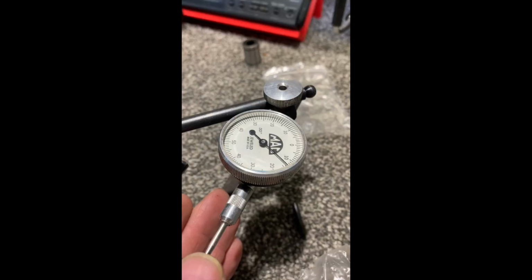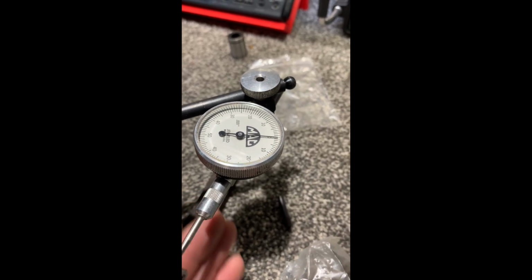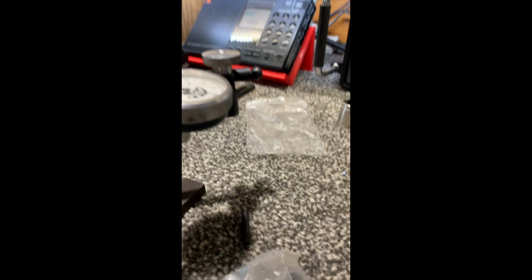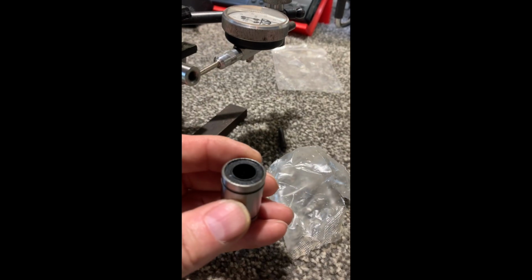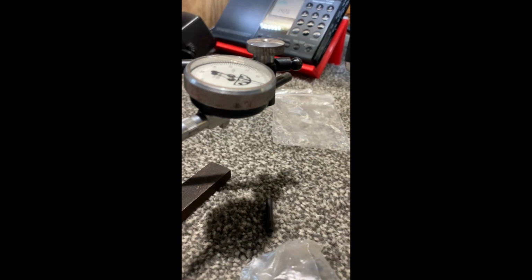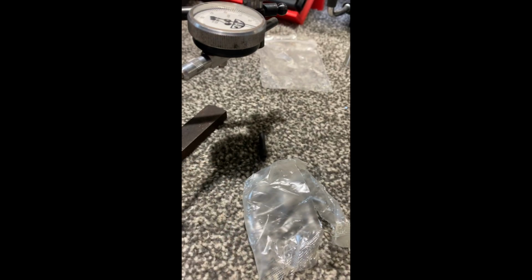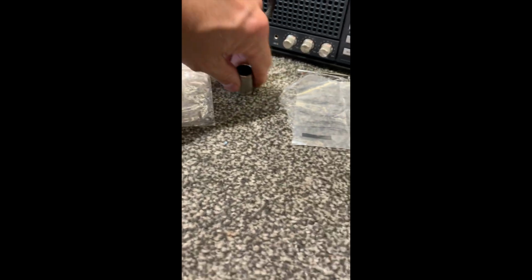I can pull it out to the end. 12 thousandths. Push it all the way in. 12 thousandths. So the new bearings are around 12 thousandths slop, and the old bearing is running anywhere from 25 to 70, depending on how we have this oriented. So I think the new bearing will help. I don't think it's going to be perfect. So whatever you think we should try, it's up to you. I can put these new bearings in,